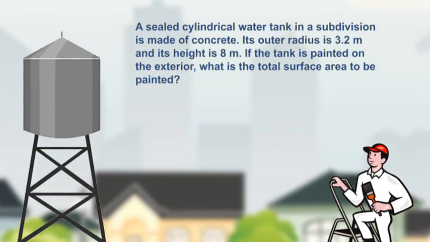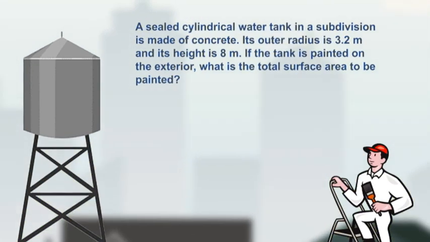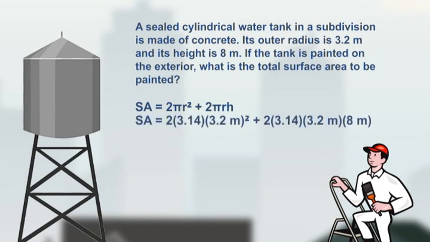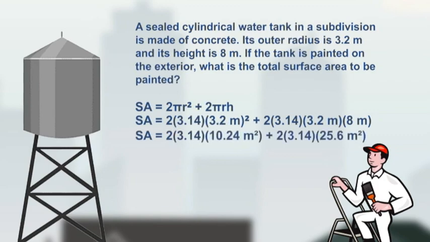For this problem, we can use the formula for the surface area of a cylinder. That's surface area equals 2 pi r squared plus 2 pi r h. Substituting the given values, we get surface area equals 2 times 3.14 times 3.2 meters squared plus 2 times 3.14 times 3.2 meters times 8 meters. Computing for the surface area, we get